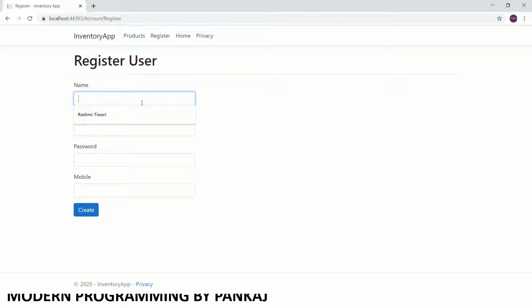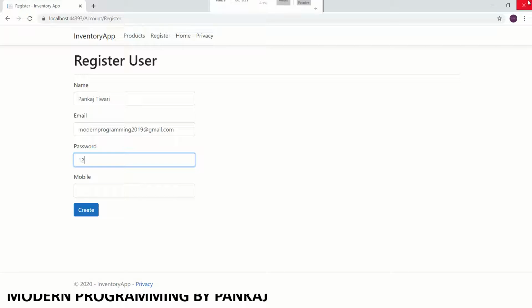So I will add Pankaj Tiwari, and I'll give modern programming 2018 at gmail.com, 2019 at gmail.com. And now I will put the password, see, this password is naked, but it should never be naked.